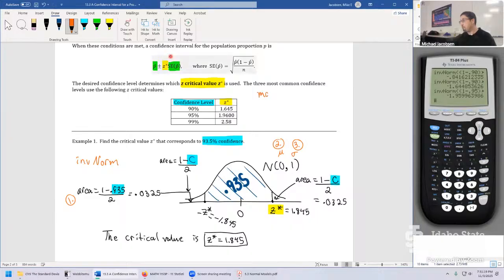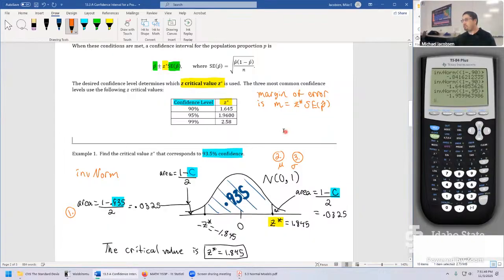So we can say margin of error is m equals z star times standard error of p hat. And here's what all of this implies. The larger the confidence, the larger the z star, the larger the margin of error. You cannot actually be 100% confident. That's impossible in statistics. Because if you get higher and higher confidence values here, the number z star over here, they just get larger and larger without bound.